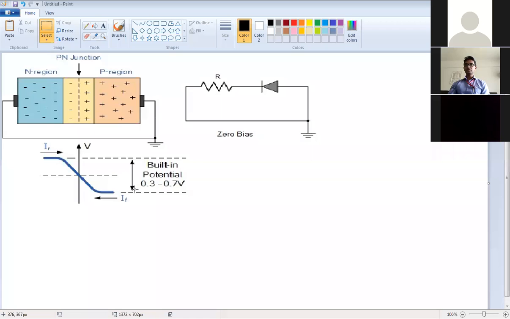It has two terminals, anode and cathode. Anode is your positive terminal, that is p-type region, and cathode is your negative terminal, that is n-type region. So let me share the screen so that you can see the construction details of diode. As you can see here,